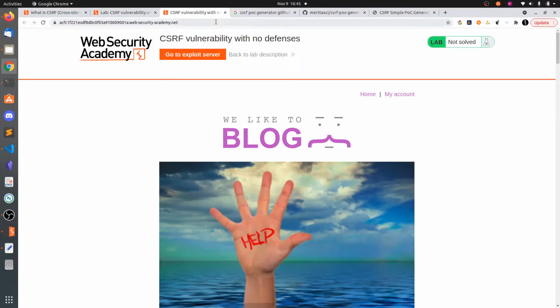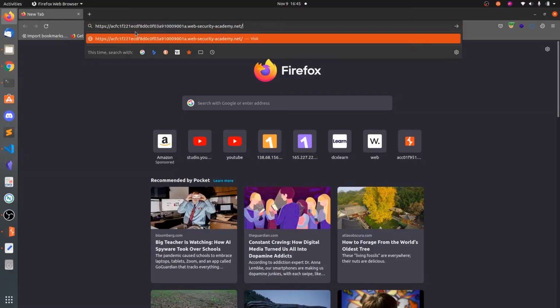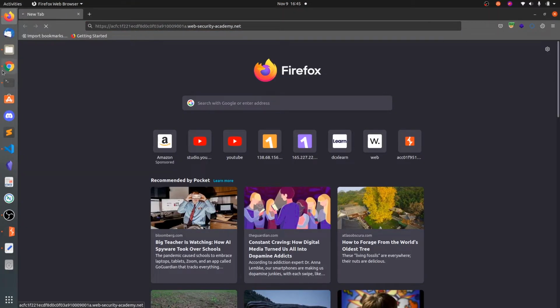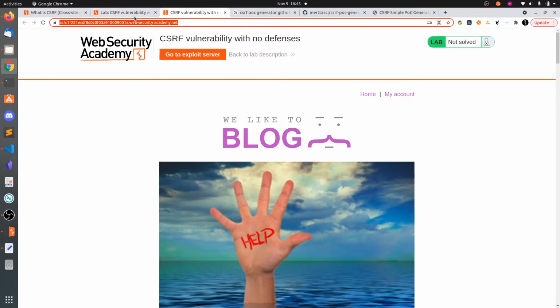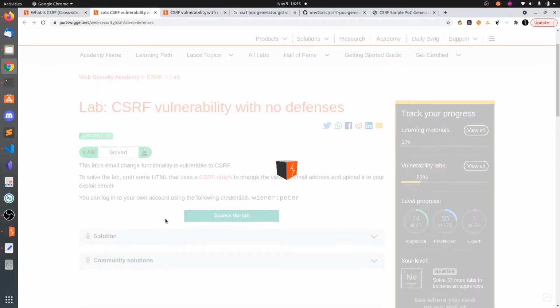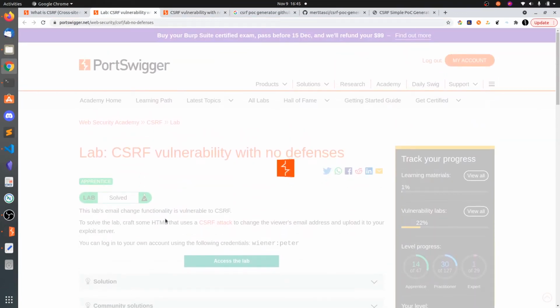So this is the website for the lab. Let's go to this. What they are saying is there is no check for this changing email functionality.